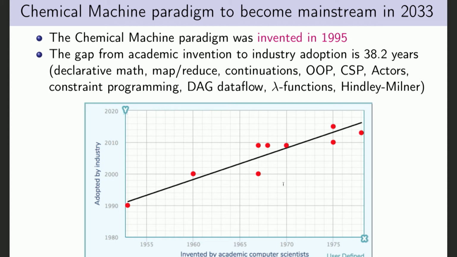38.2-year gap, right? So 0.2 years is like 11 weeks. So 38 years and 11 weeks, you have to wait. And at the end of the 11th week, the industry says, great, we're all going to use it, like streaming, closures, you know, every programming language has a Lambda now. Every one, even like C++, right? Anyway,